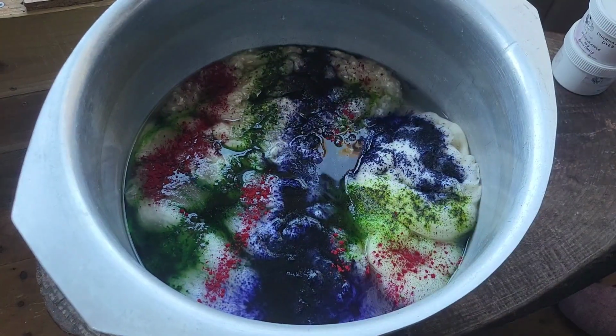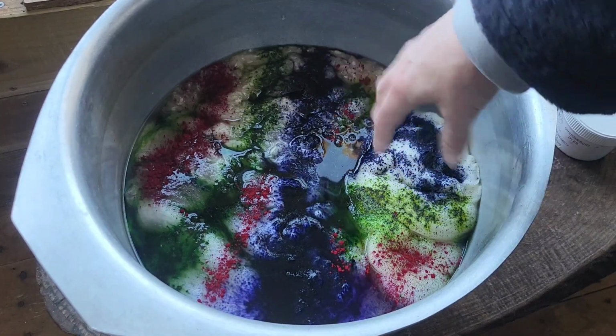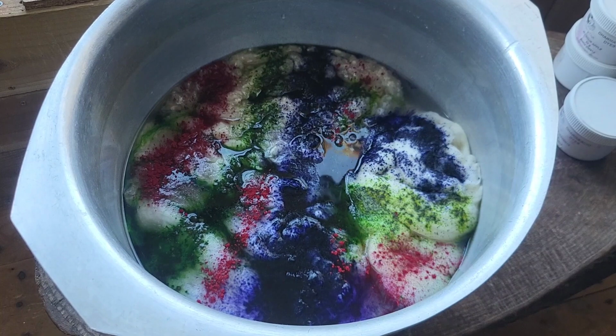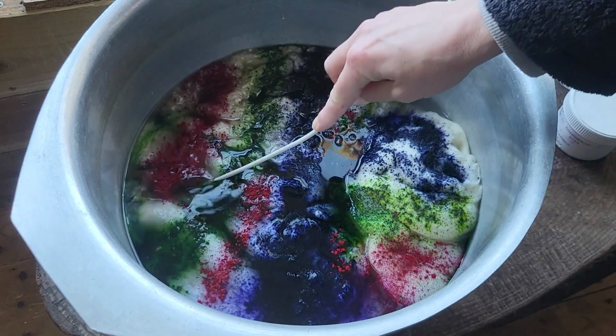Right, so I really don't want to mess, but I'm going to have to push it in because I want this powder to actually, you know what I'm trying to say. Right, where's my little doobie-da? There we go, we'll use that. Just going to use a bent thing just to...